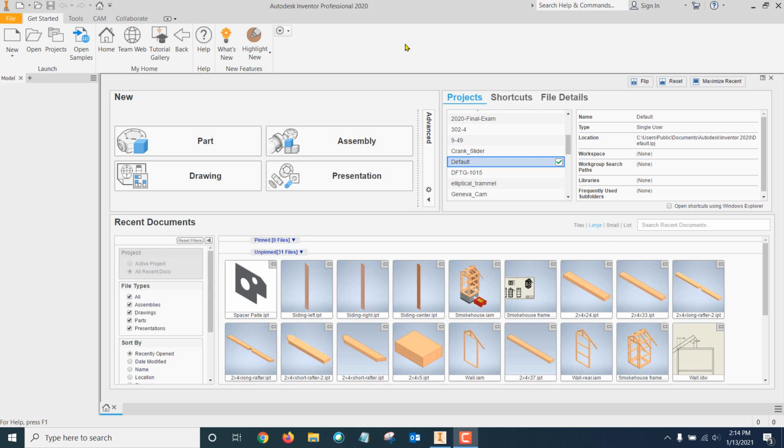Okay, in this video we're going to work through creating the spacer plate, and it's a pretty simple part, but I just want to get you started with a couple of good tips and ideas on working through Inventor, since this will be new to most of you. You've been watching the CAD learning videos, but we're going to have a lot of homemade videos in this class too. So when you start Inventor,